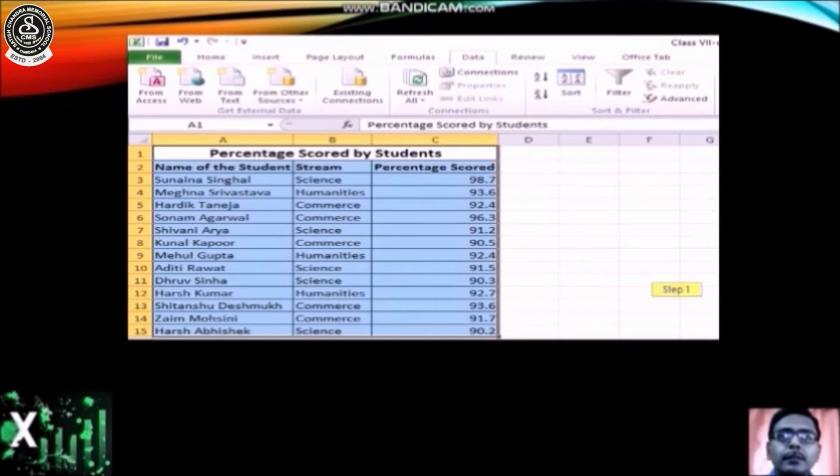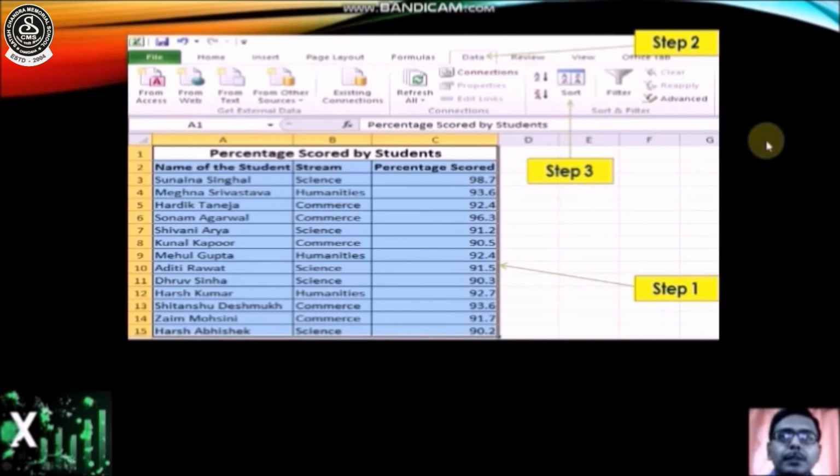Now let's see. Here's your step number 1. You have to select the entire range of cells as told in the steps. Now step number 2, you have to click on the Data tab here in the ribbon. Step number 3, you have to click on the Sort option in the Sort and Filter group of the Data tab.